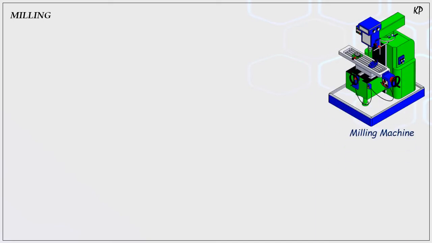The next process is the milling process. In a milling process, we use a rotating cutter to remove the material from a workpiece. This can happen in one direction or several directions, so this is the flexibility of the milling process. This is the basic setup of a milling machine, where you can find this white color bed on which you can place your part, and from the top side your cutter will move up and down and remove the material.